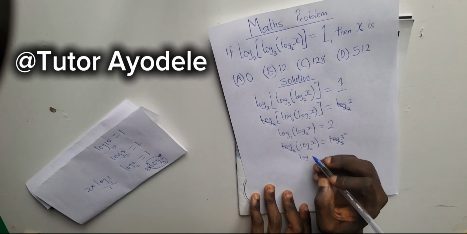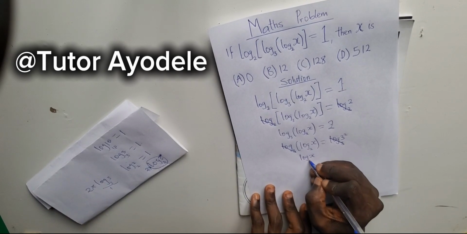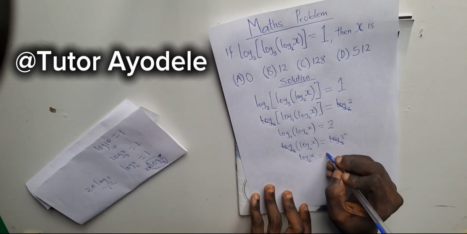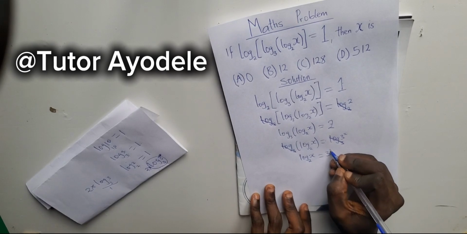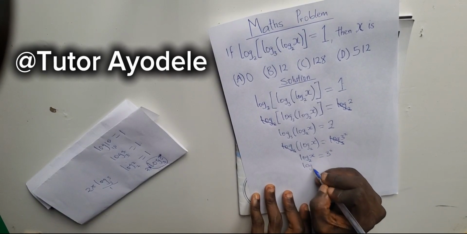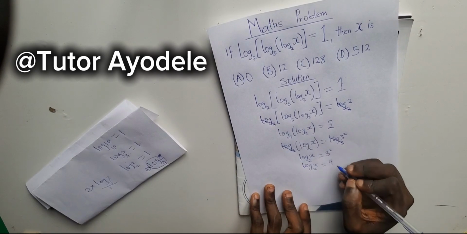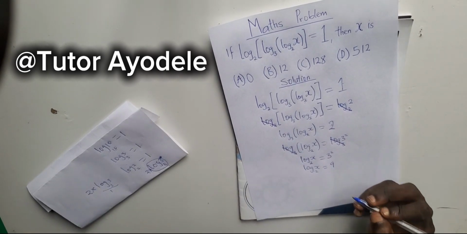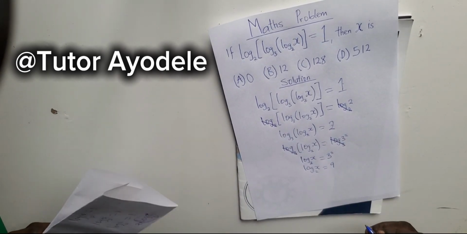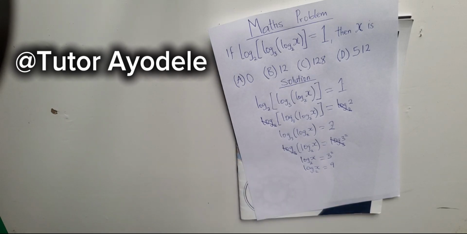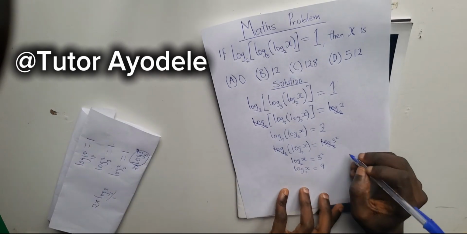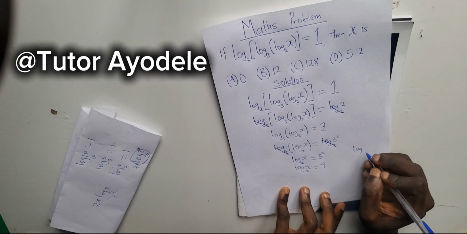Log x base 2 equals to what? 3 raised to the power of 2. That is log x base 2 equals to what? 3 raised to the power of 2 is equals to what? 9. Okay? Now, if you remember from law of logarithm that whenever you have log,